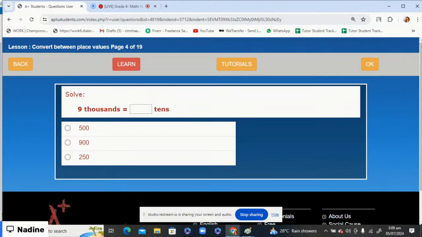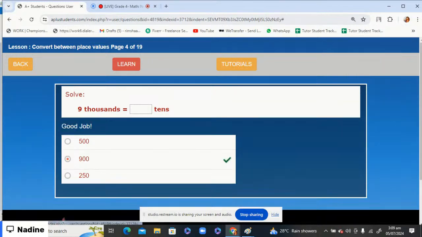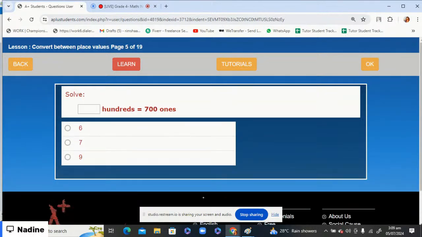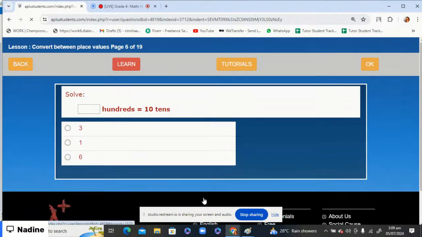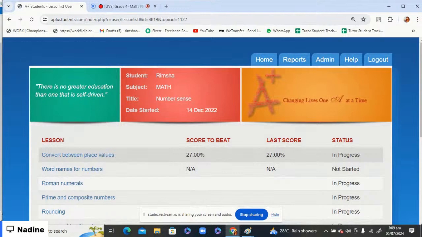okay? If you have a 9,000, so how many tens in it? It means that if you have a 900 tens in it. All right? Okay, now you solve the rest of the question by yourself now. 700 ones, it means that it has only 7 hundreds. Now let's move to the next lesson. You can practice these questions as well now, okay? So you guys solve the rest of all the questions